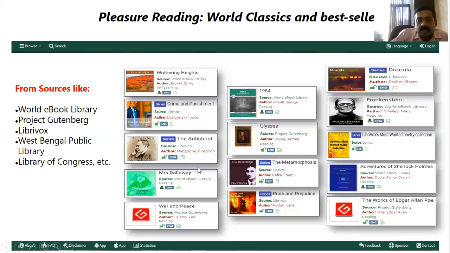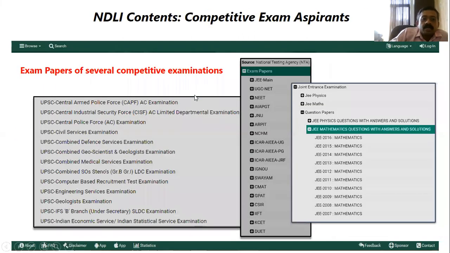So you can easily read and download these books, famous classics also. Similarly, a lot of competitive exam question papers are available from the National Testing Agency. You can download them. I can see the civil service examination. So always use these resources if you want to go for a competitive exam.